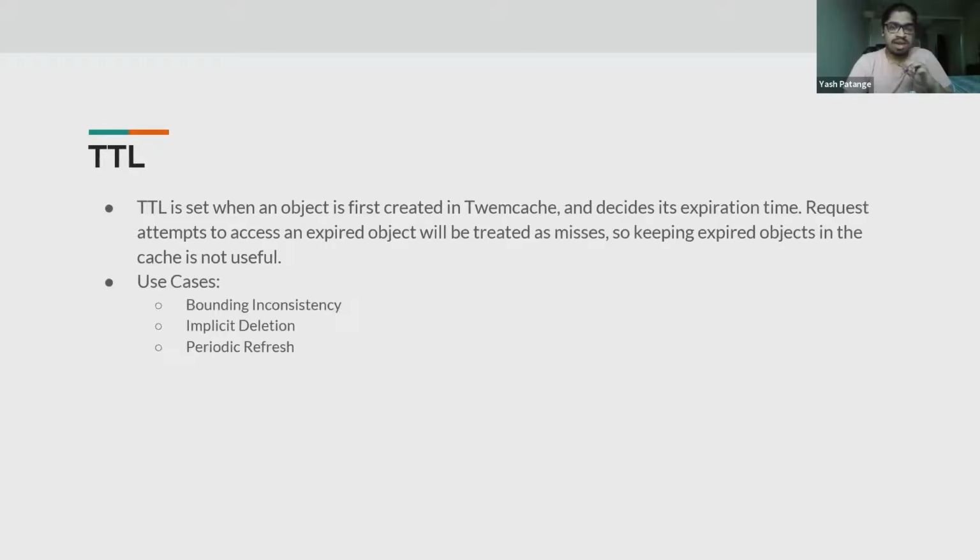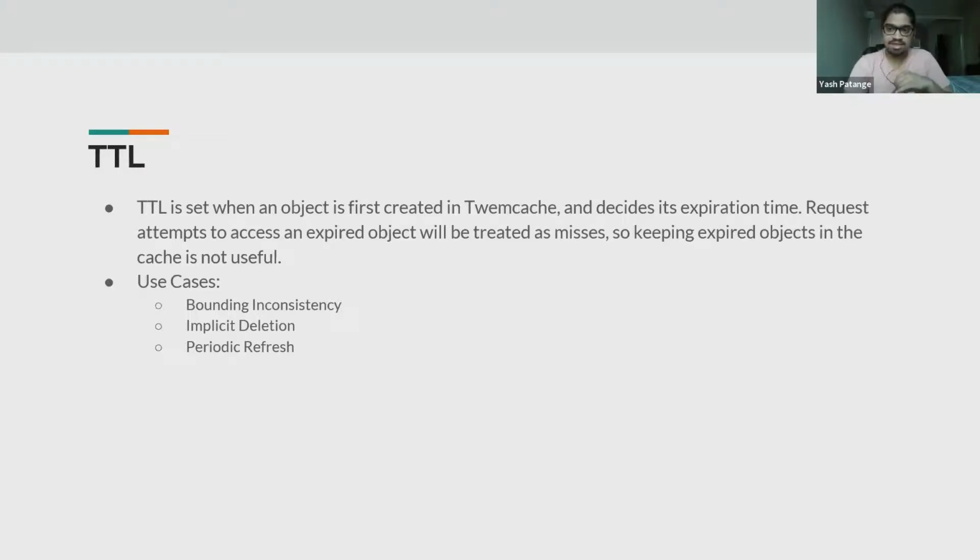The use cases of time to live: the first is bounding inconsistency. Cache updates are usually best effort, and failed cache writes are not always retried. So it is possible that some objects stored in the in-memory cache are stale, and you use a TTL to apply a bound to them. The TTLs applied at Twitter are usually over a range of a couple of days. To circumvent this issue, the developers have imposed a soft TTL, which is a shorter amount of time. Once your soft TTL has expired, the object gets refreshed.